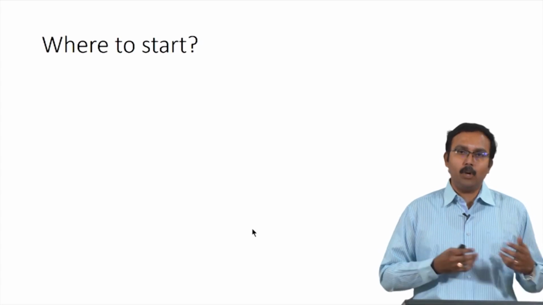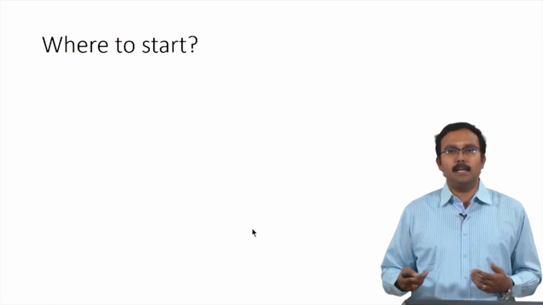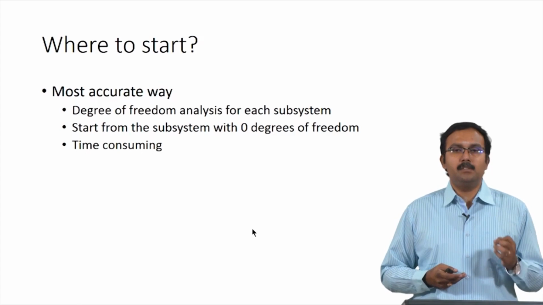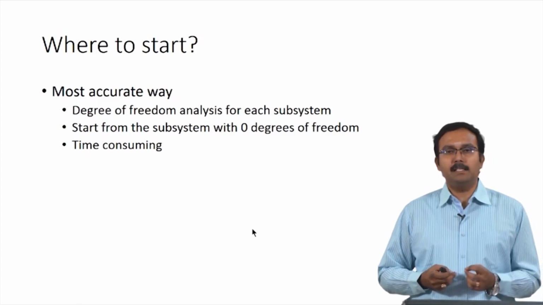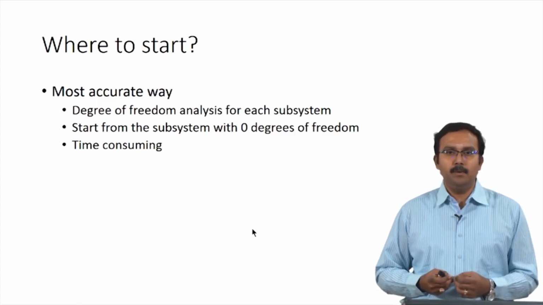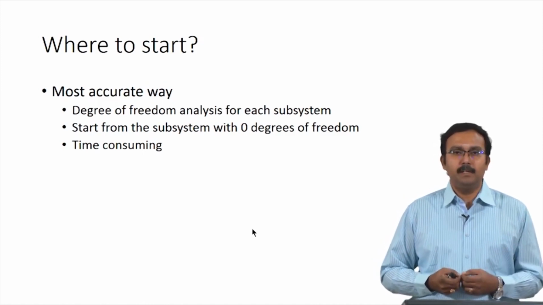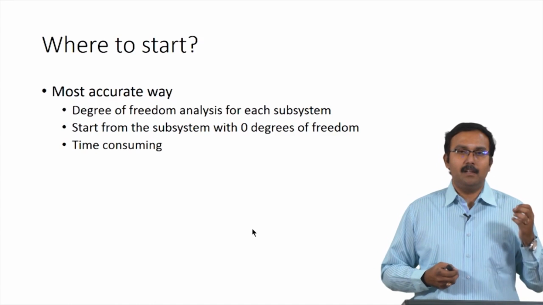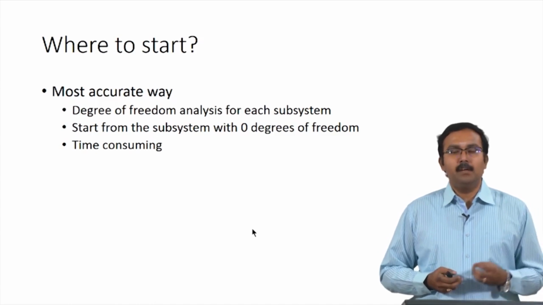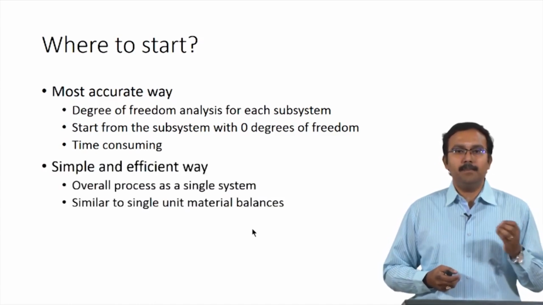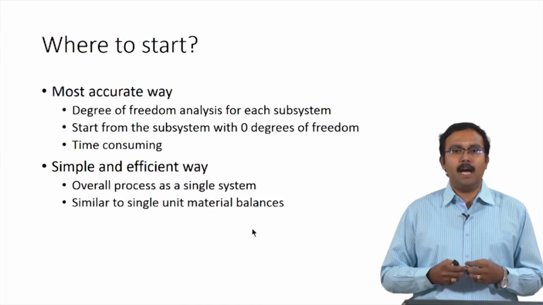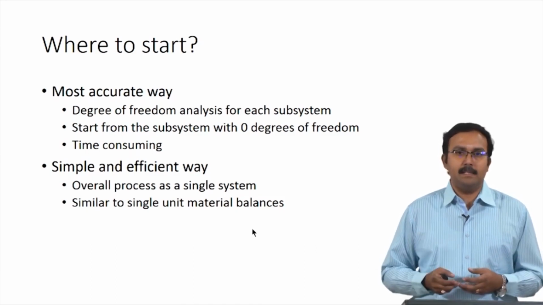So here, because there are multiple systems, where do we start? The most accurate way is to perform degree of freedom analysis for each of the subsystems which we drew, and start from the subsystem which has 0 degrees of freedom. This process is very time consuming. So instead, a simple and more efficient way would be to start with the overall process as a single system